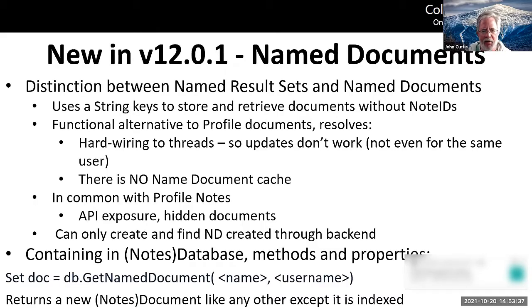Okay. All right, real quick, going through the last piece here. There's a distinction here I want to make between named result sets and named documents. This is a new functionality